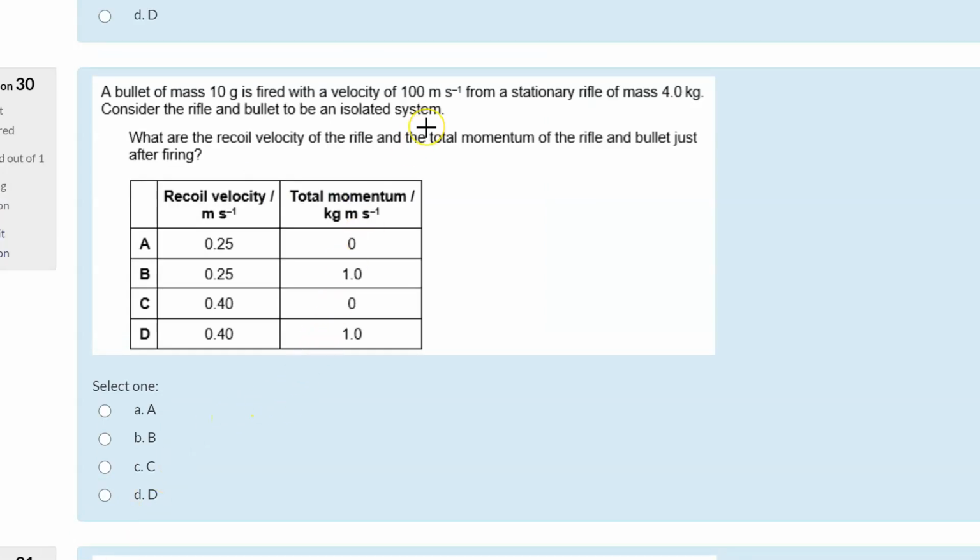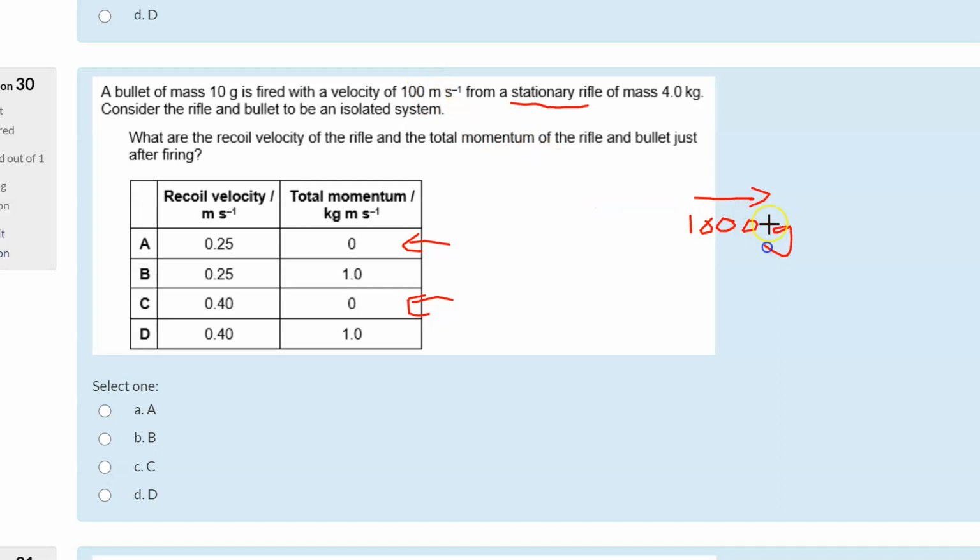Okay, at first glance this looks like it's going to be a nightmare, but we know it's stationary, so the total momentum of the system has got to be 0, so it's one of these two. And we want to know the recoil velocity. So we are going to need to just think about that slightly. We don't need to do a proper calculation on this, but I'm just going to do this so I can see what the answer is straight away, and I'll tell you how I'm going to get to it. So the bullet goes off with 10 times 100,